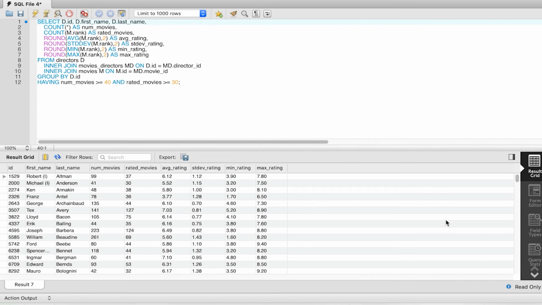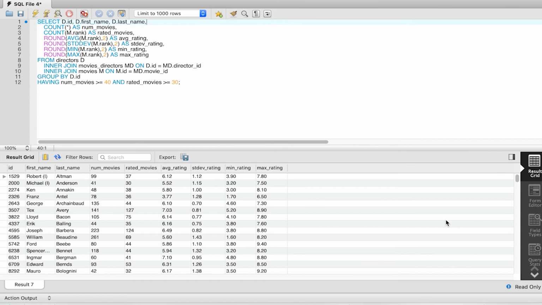We can add first name and last name because we group by director ID, d.id in particular, which is the primary key for the directors table. And therefore, when we know the director ID, the values of the first name and last name are by definition always the same. So when we are grouping using the primary key of a particular table, we can also include the attributes from the table without having to add these attributes in the group by. By the way, this is called a functional dependency, and we don't really spend time talking about this concept in this class, but you might run into this terminology if you read additional material on this topic.